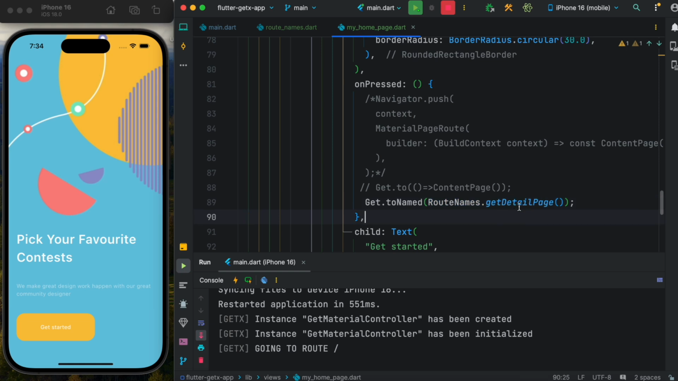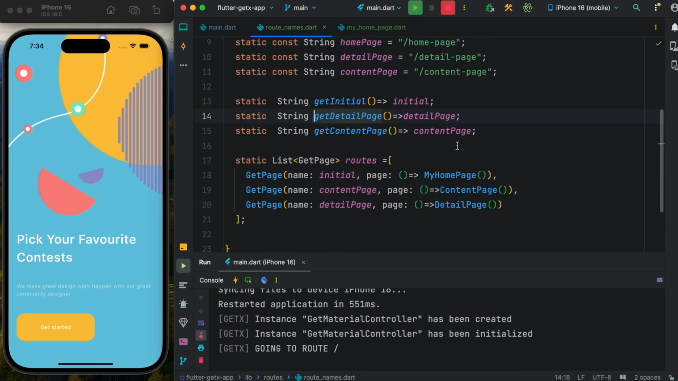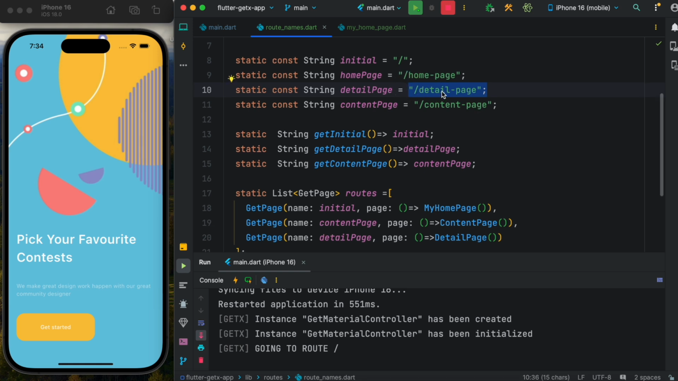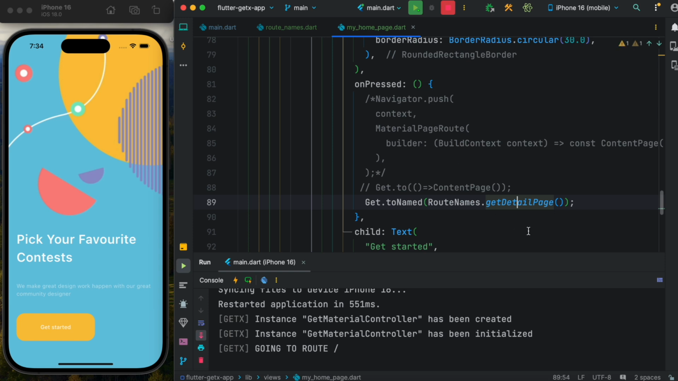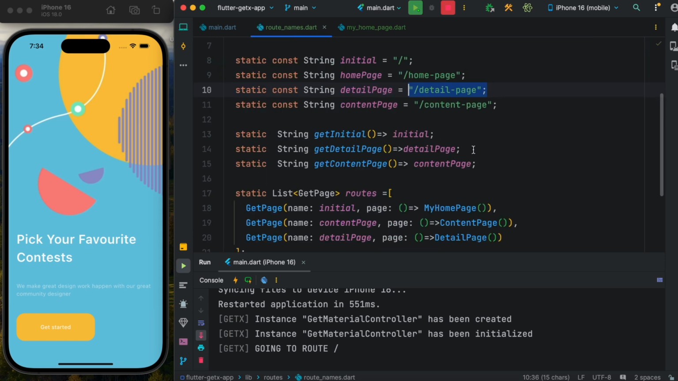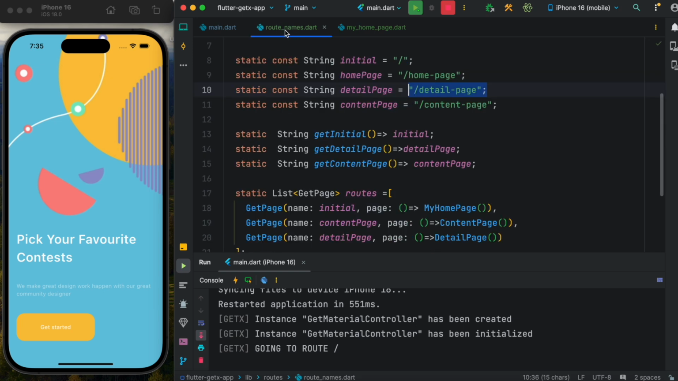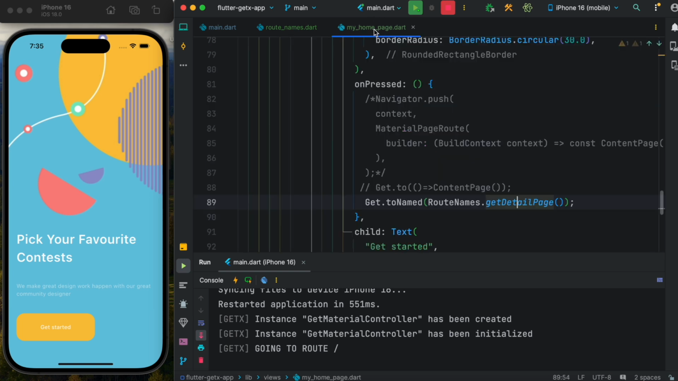because remember, now get detail page is a method. If you click on this, it will come over here, and it refers to a variable, and this variable stores this string. So eventually, what you are doing over here, actually you are calling the string itself. There's a string here, but this is a better way, because remember, if you use this string name over here,